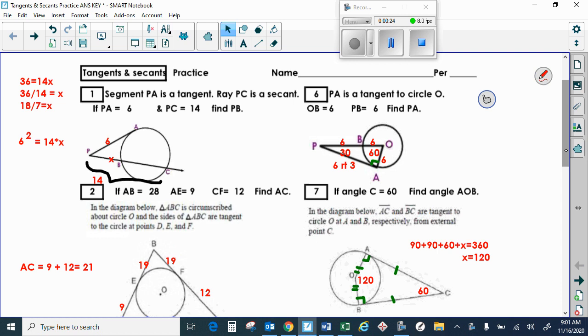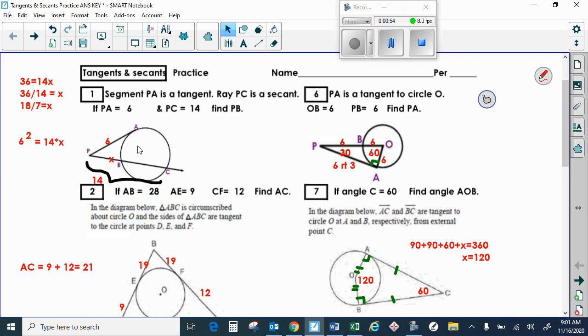It's a point outside a circle, and it touches one spot on the circle only. That includes if you were to extend it, it would still only touch one point on the circle. That is called a tangent. And don't forget, a tangent is always at 90 degrees to the center of the circle. So if we want to draw that in there, we'd have a 90-degree perpendicular symbol right there. We don't need that for this problem, but just remember that. All right. And this one is called a secant because it goes through the circle twice, at points B and